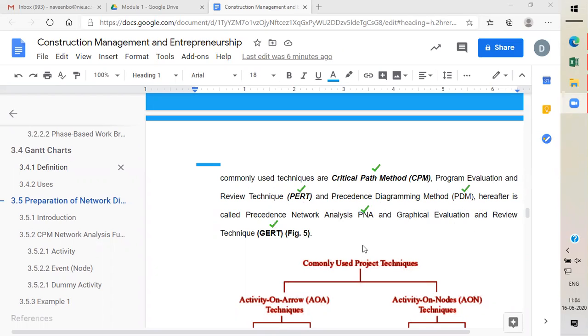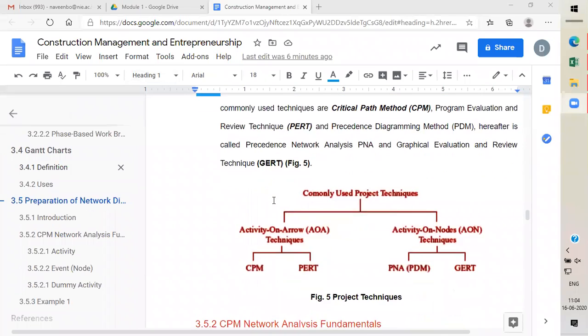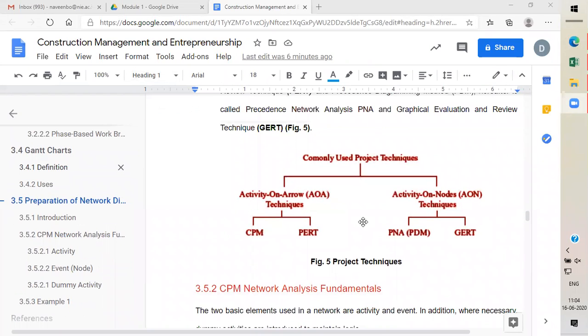So many techniques are involved in order to control the project and to execute it smoothly. Today we will see how to go about this. These are the commonly used project techniques: activity on arrow techniques and activity on node techniques.